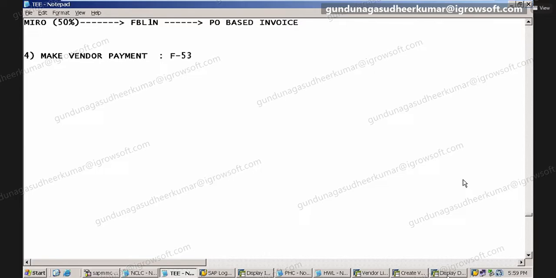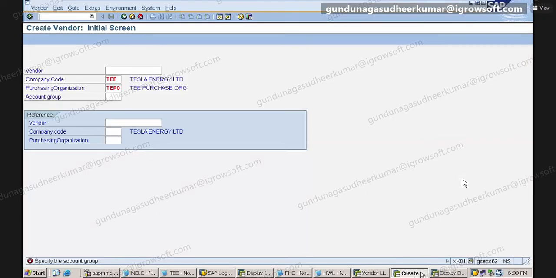Correct? Another question: how to use cost center in account assignment while creating a PO? On the account assignment tab, right? In PO creation, every purchase order belongs to which cost center? Your question itself contains the answer. Yeah, while using the cost center, it is showing some error in account assignment. It is throwing some error.